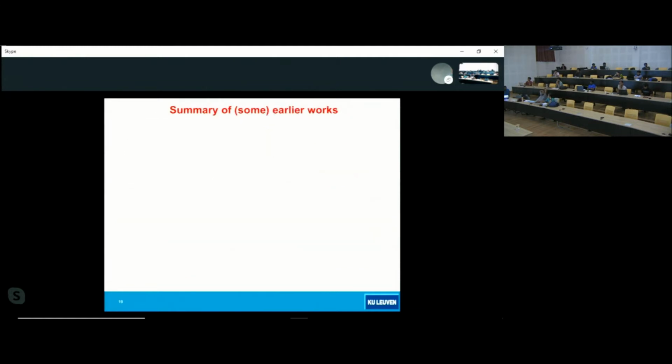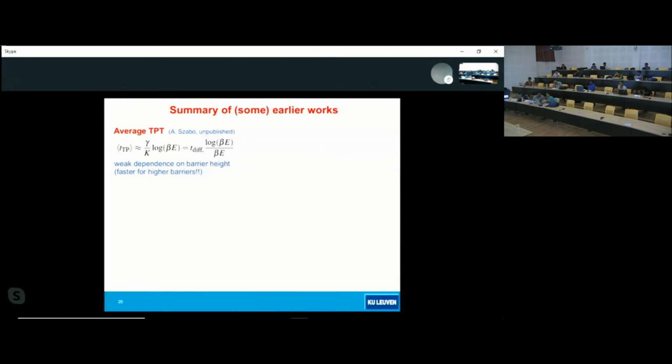Okay, it's good. So I make some summary of some earlier works. For instance, if you look at the average, what you're asking, what is the average of a TPT, transition path time? And if you look at the literature, this is called in some paper, so the credit is given to Attila Szabo as unpublished work, so he never published that. And the first result is that the average TPT is gamma divided by k.